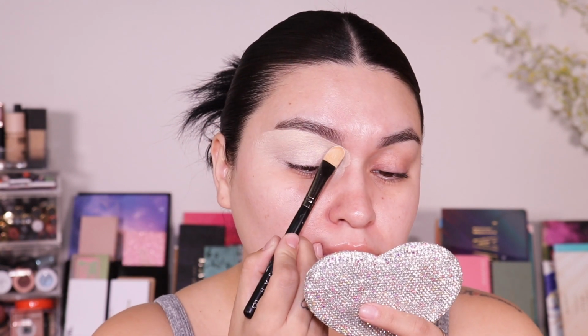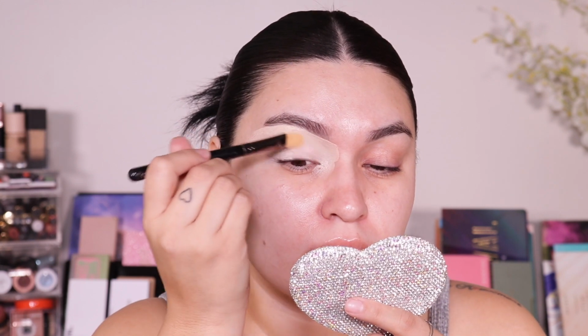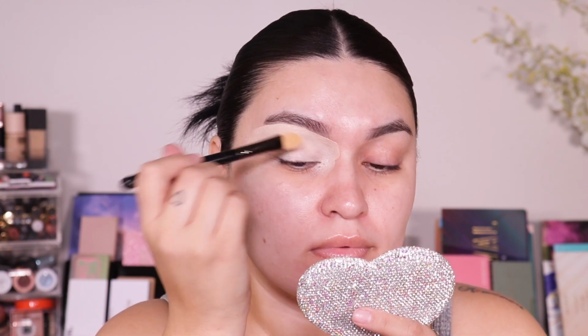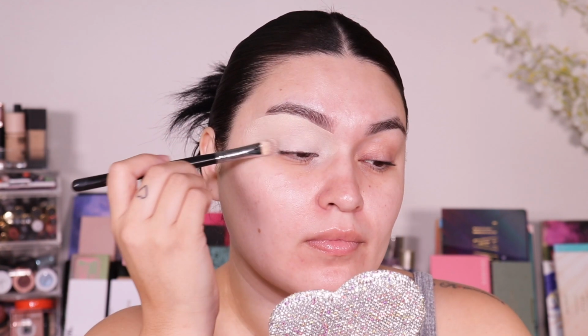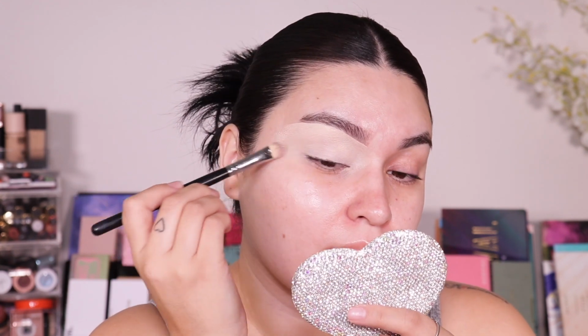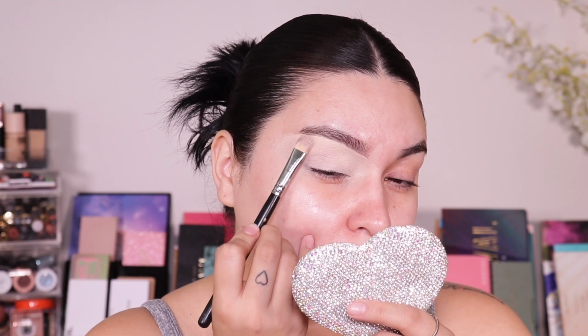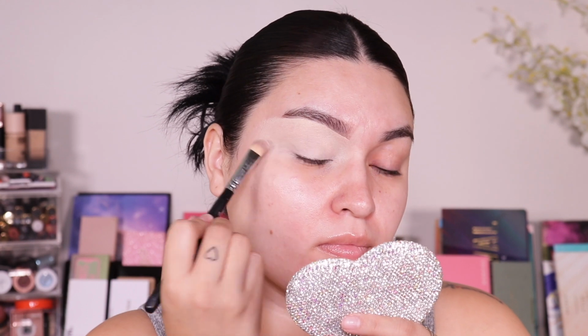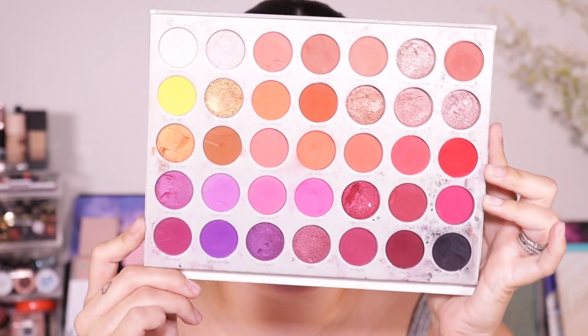Me having oily skin and oily eyelids, I really can appreciate this primer because as soon as I apply it, it dries matte. Of course, if you are not a fan of really dry matte eyeshadow primers, this will definitely not be for you. But me, that I am combo to oily, it works wonders. And I just love that once I apply eyeshadow on top of it, it really helps to make the eyeshadow pop and last. Of course, I'm going to go into my JACLYNHILL Volume 2 palette, like I mentioned in the